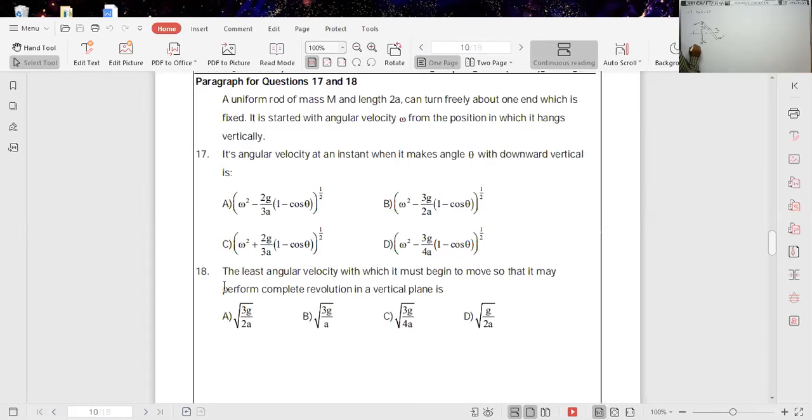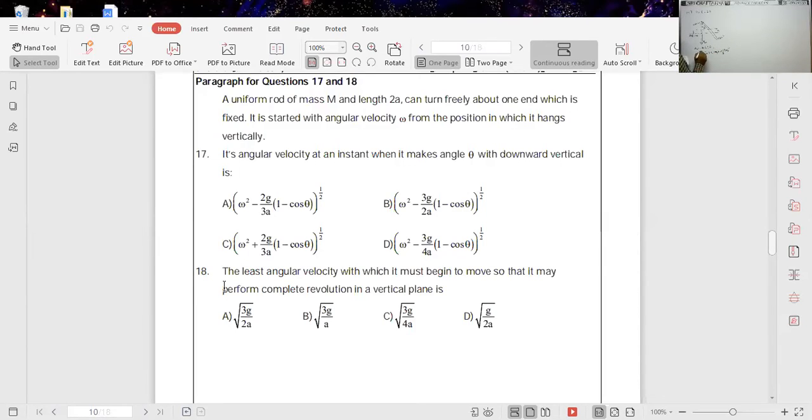According to the conservation of energy principle, if you take this as the reference line, whenever the central mass is here, the angular velocity of the rod is omega. That's why it has rotational kinetic energy half I omega square, plus potential energy 0, is equal to, whenever the rod comes to this position, as the central mass rises to a height h, it gains potential energy mgh, plus as the angular velocity becomes omega f, it has rotational kinetic energy half I omega f square. So we have to find this omega f.